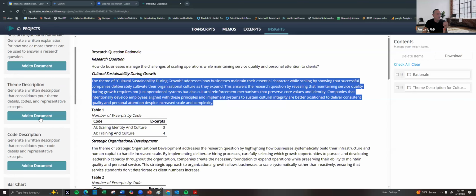And then also a deep dive into the themes related to those research questions. And finally, I just shared briefly how you can use the reliability tool to have cleaned up